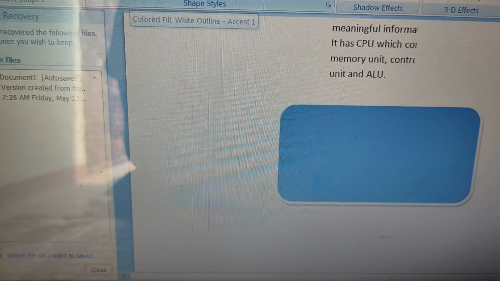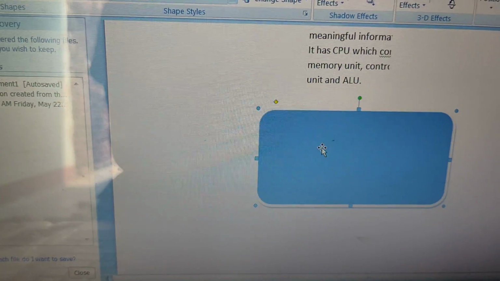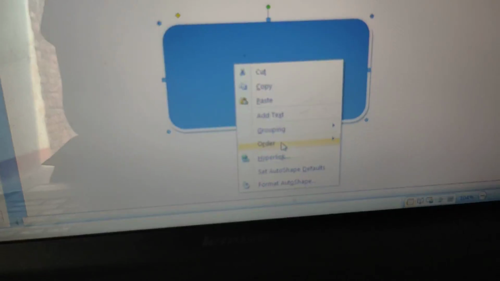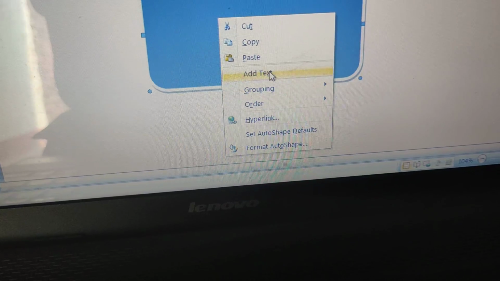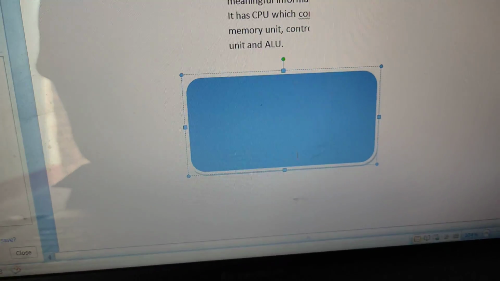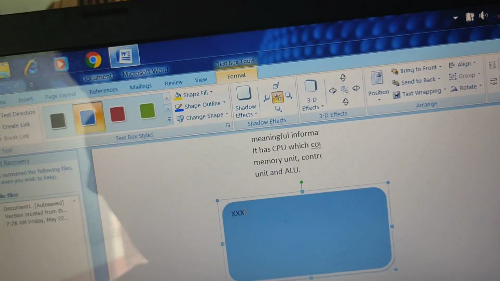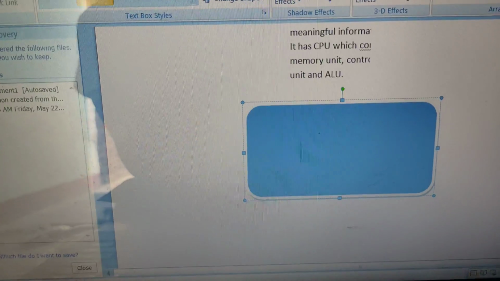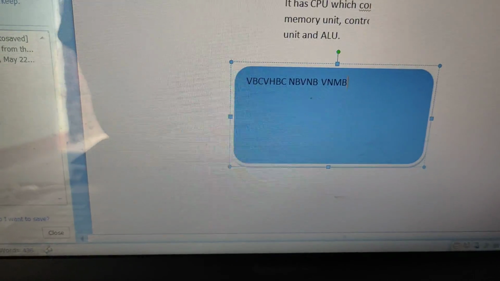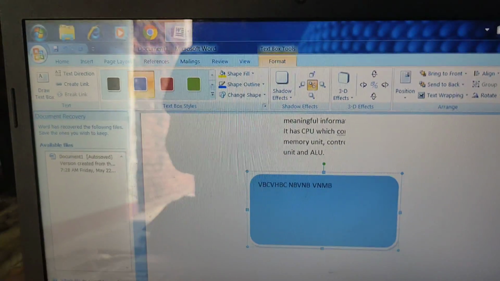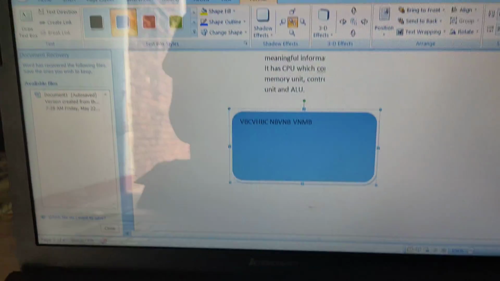Now right click on the shape, and one option is add text. If I want to add any text, I can type here, and whatever text I type will be entered here. So I hope it is clear to you, my dear students.